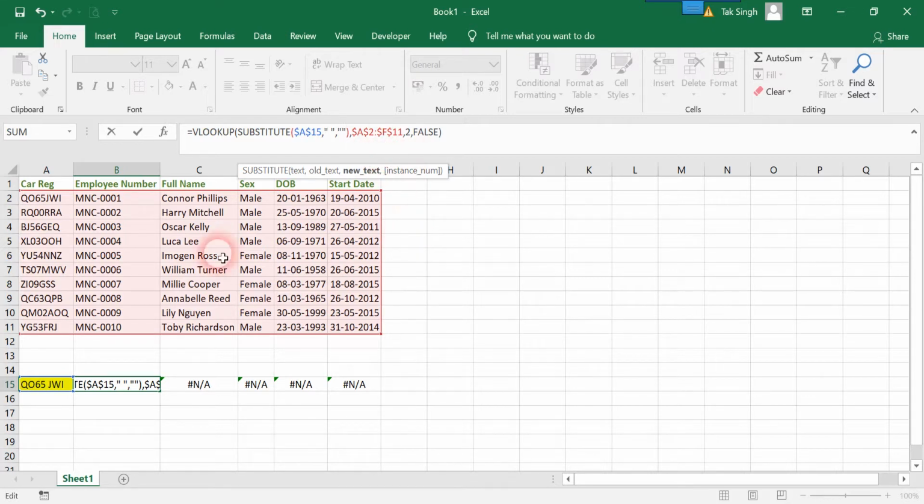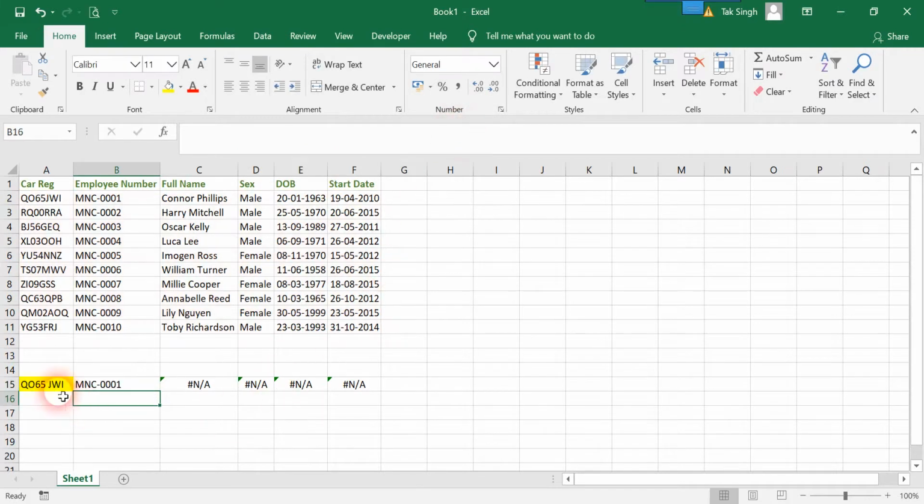So what this will do is look up in this cell, and if it contains any space, it will replace it with no space. That is what technically I am asking it to do, and I will press enter. So it gives me the result. Over here, I have applied it to this cell only, so ignore this set of cells for now.